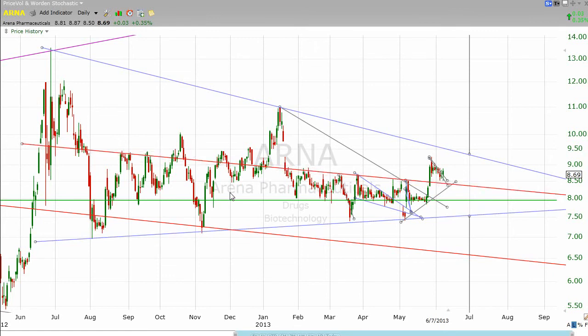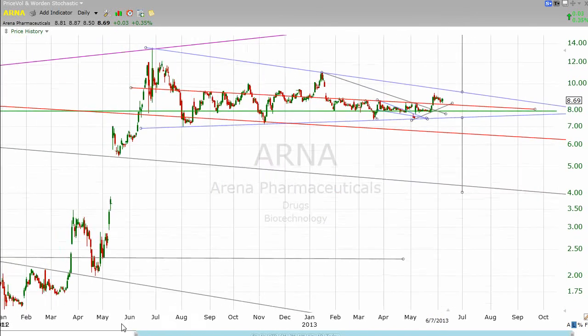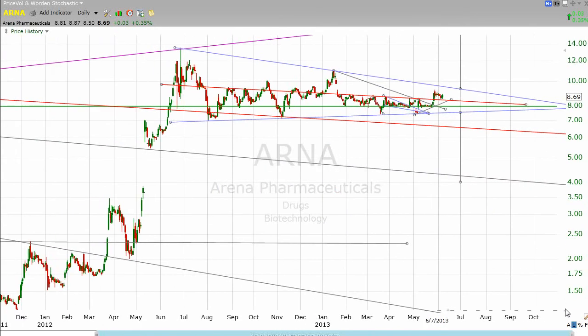In the case of ARNA, mostly resistance. So I do that because in my mind that helps to add some validity to the pattern when you see that really and truly everything is getting smaller and closer together as you get more and more towards the apex of the pattern. So now that we know we're dealing with a triangle pattern,